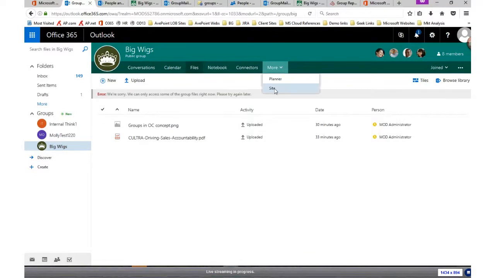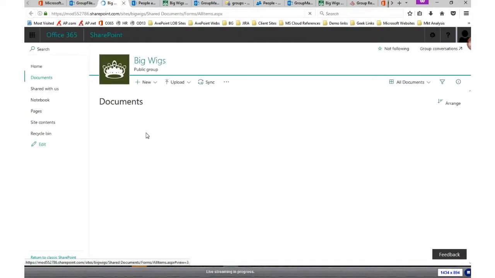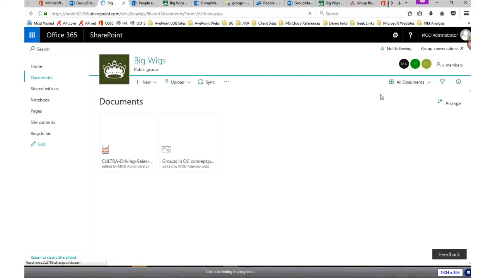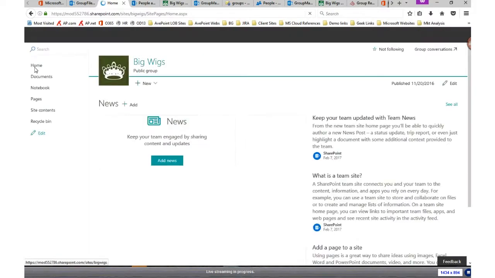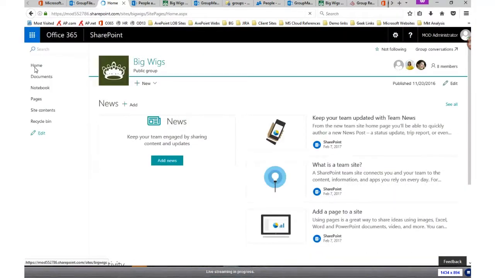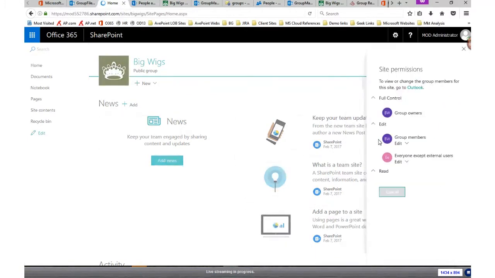So here's my Bigwig site, and I'm actually at the SharePoint site. Now, by default, you'll still be taken to this files area. So this is what we've always had access to. It just looks like the library. But this sneaky little guy over here allows you to get to the home page. Now, because this is a full-on SharePoint site, or technically a full-on SharePoint site, you do have some control about what you can do here. You can, for example, come in here and look at site permissions. Now, if we look at group members, you'll notice that